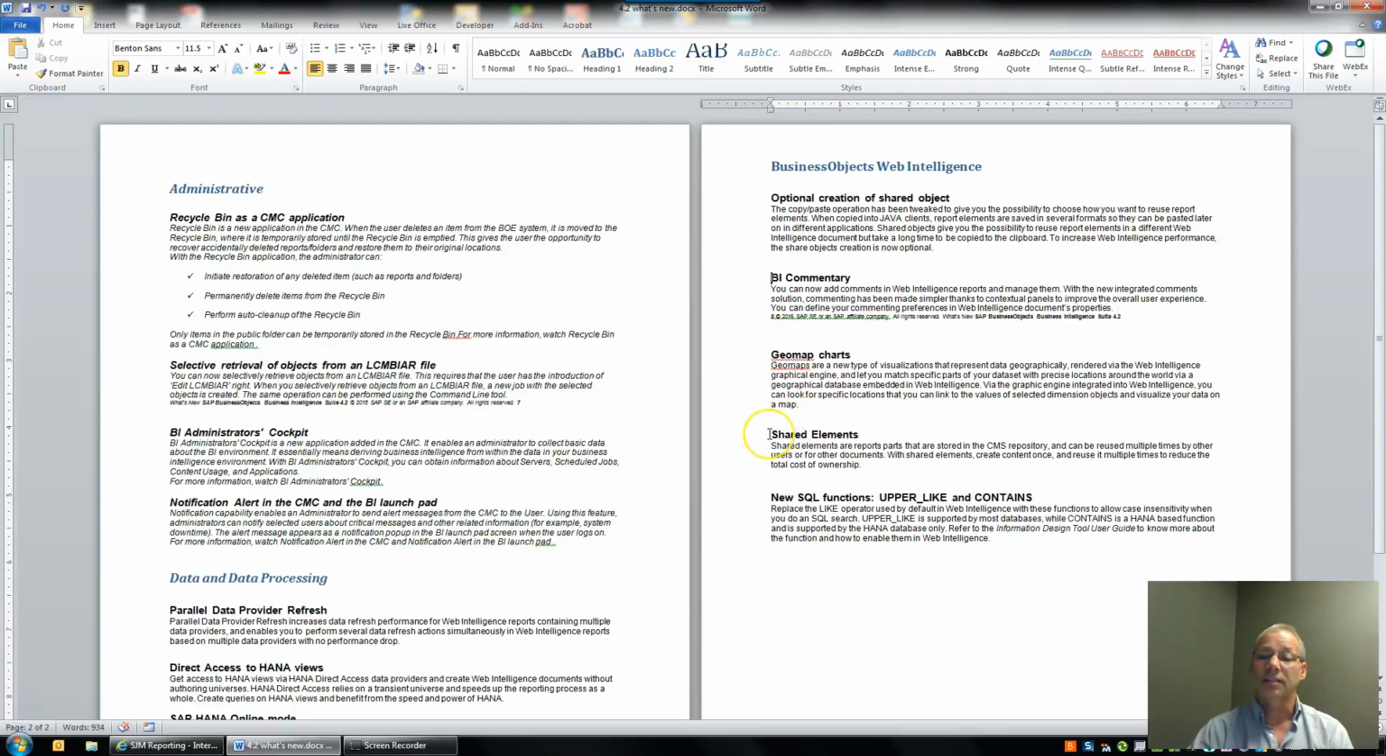And then we have shared elements. Shared elements work a lot like the shared object that I was talking about earlier, but the difference here is you can create a table or a chart or a crosstab, and you can actually save it as a shared element, which is a new type within the Business Objects platform. It has a totally different icon and the whole works. And what that does is it shows you